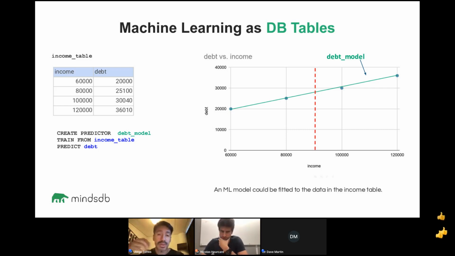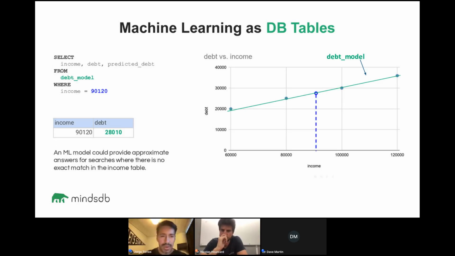Now, if you're dangerous enough, you can also specify how you want the model to be built, how you want to encode the data. But from the get-go, MindsDB gives you an AutoML solution that does it for you, and then you can just tweak as much as you want from it. We'll dive a little bit deeper into this. But once you create that line, you can query it. You can actually say, okay, query on that line or that model the same way that you would query a table, and then the conditions on the where statement can be anywhere in between. Of course, data in the database is not that simple, but I hope that this intuition gives you the idea of the abstraction that we bring to the table, which is the ability to create models and to query models as if they were tables or views in a database.